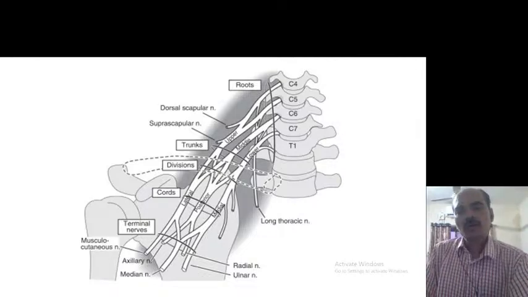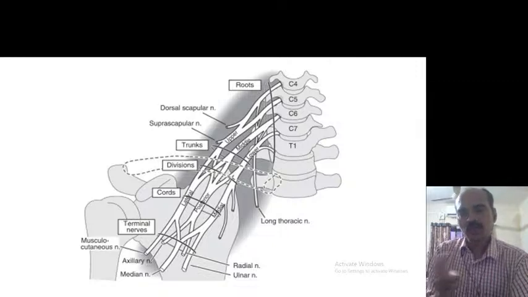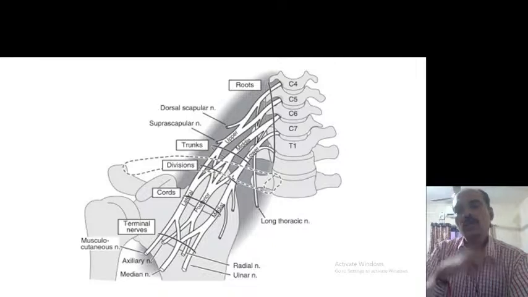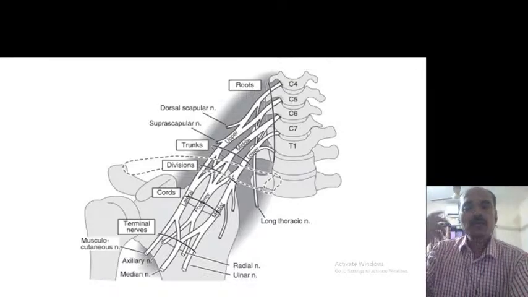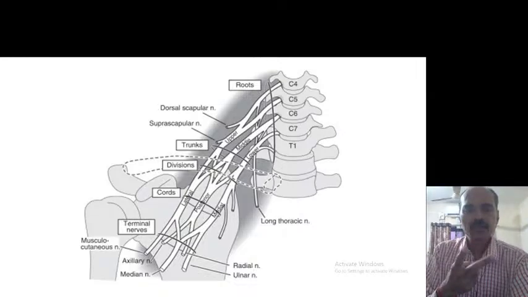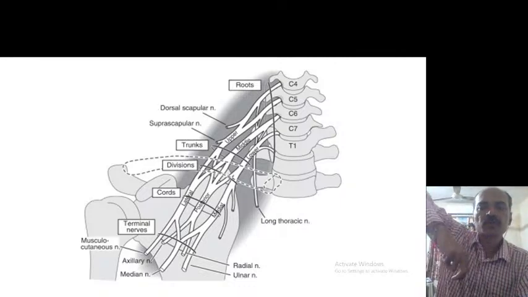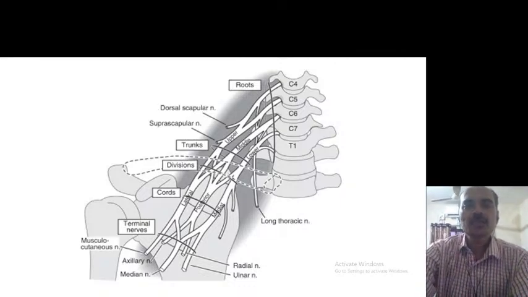So we had covered the muscles and their nerve supply. We had also recalled the nerves and the muscles supplied by them. One very important question came to my mind: how many muscles does the axillary nerve supply? It supplies 2 muscles. One is the deltoid, which if paralyzed we fail to do abduction, and the second muscle supplied by the axillary nerve is the teres minor muscle, and that branch to the teres minor